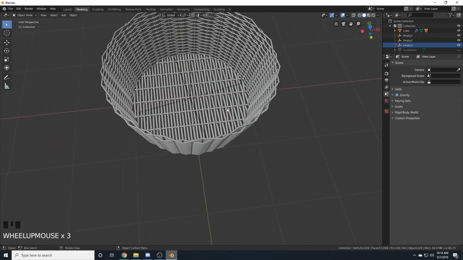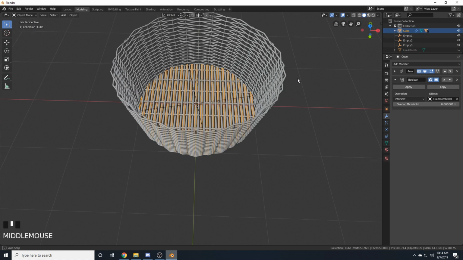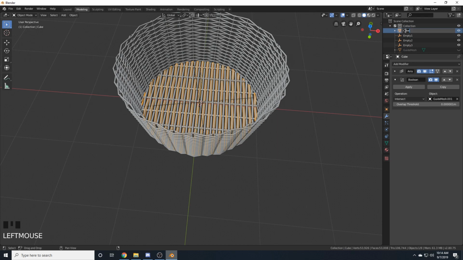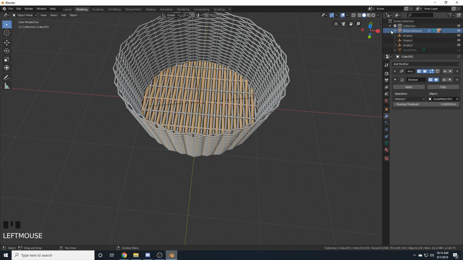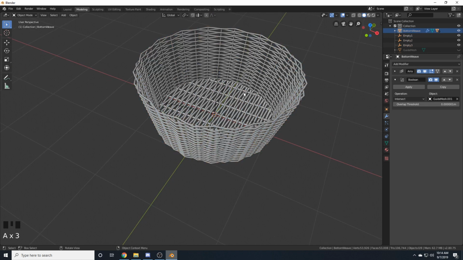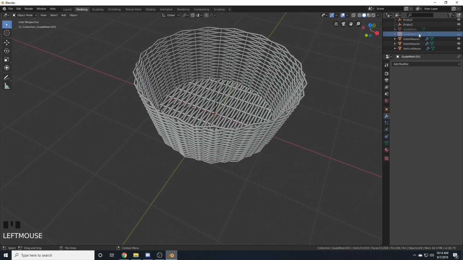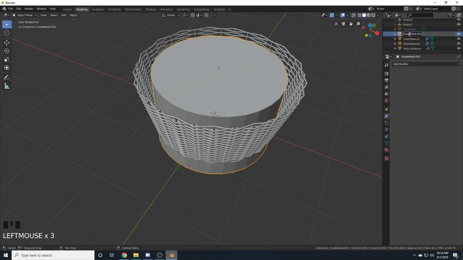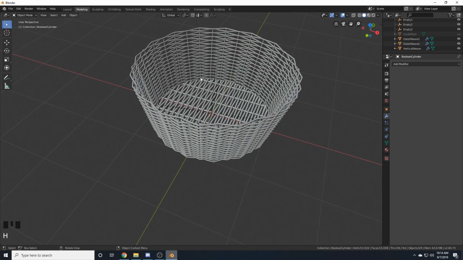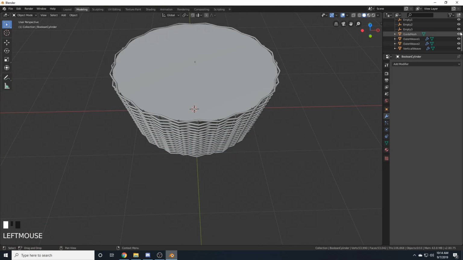So real quick, I'm going to try and organize everything. So this cube right here, this is bottom weave 1, and then let's select the other one. They're all parented, so that's fine. We can actually just call this bottom weave, like so. And what else is it named here? So guide mesh 001 is the Boolean cylinder, and then guide mesh is just guide mesh. Good. So what we can actually do is show the guide mesh,